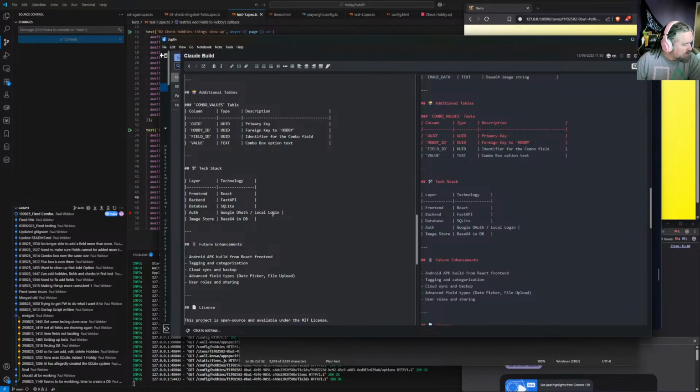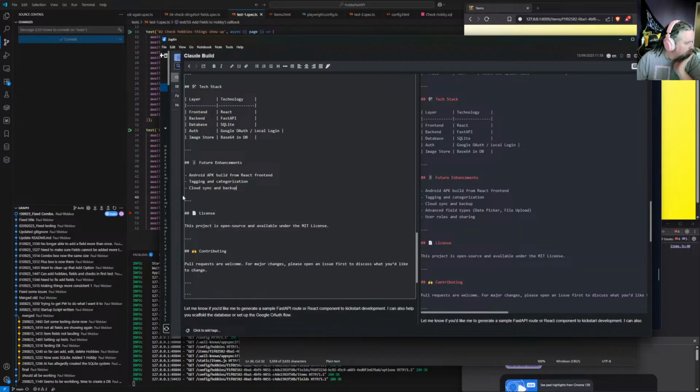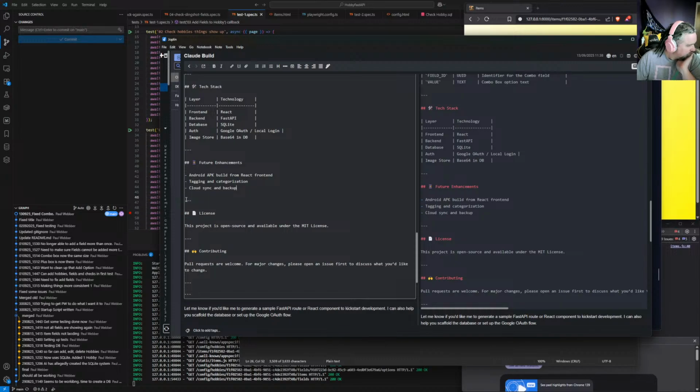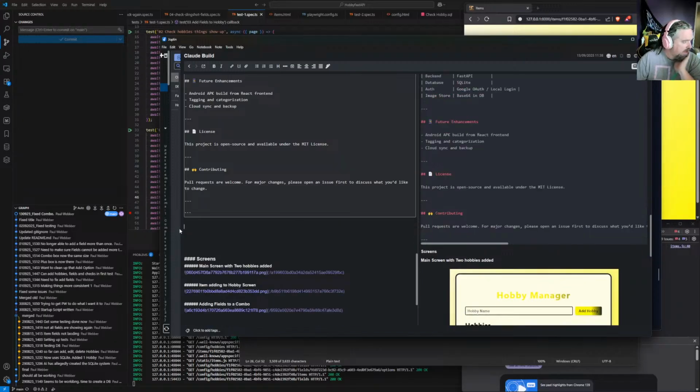Image store is base 64. Tagging, categorization, cloud sync, advanced field types, user roles, and share. Right, I don't want those. That seems